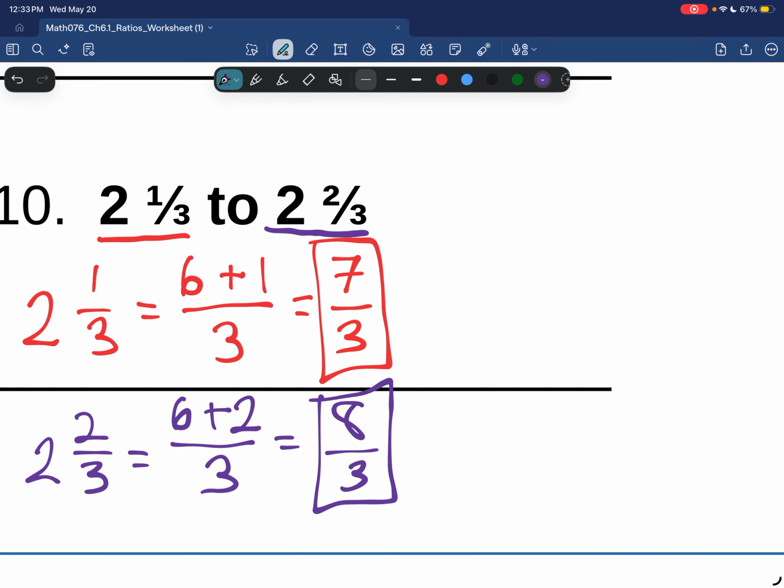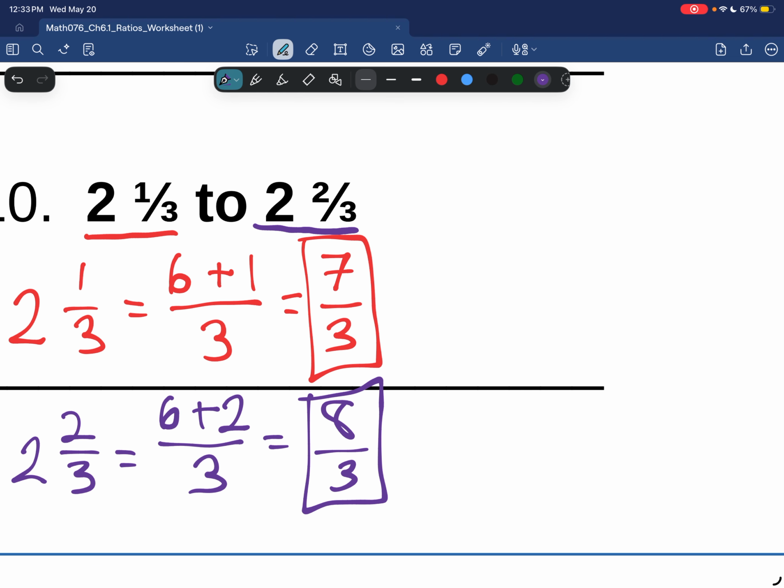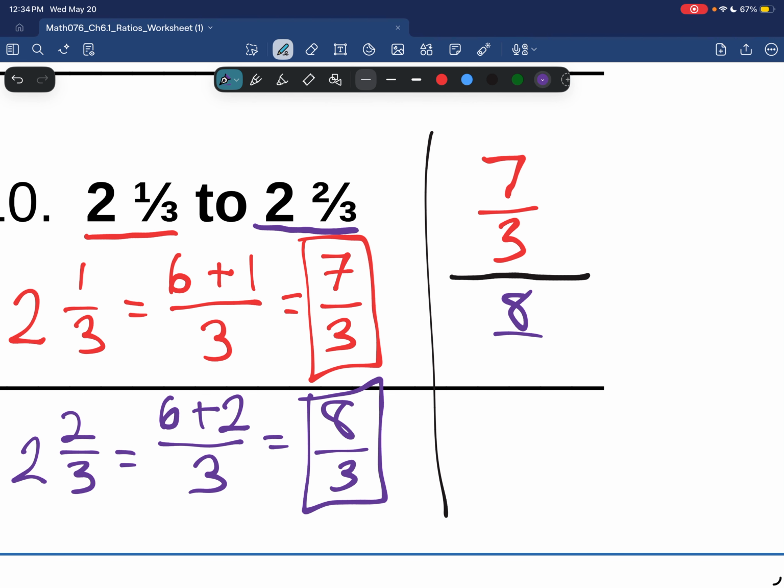Then over here, I put this in, and I've got 7/3 to 8/3. Okay, so all I did was, instead of doing my ratio, I converted my mixed fractions to improper